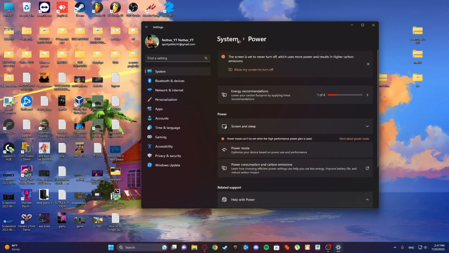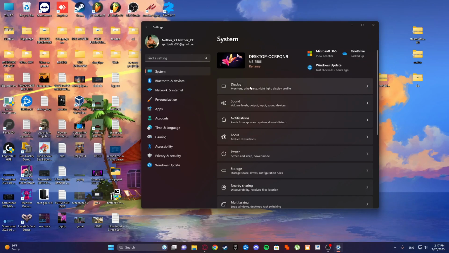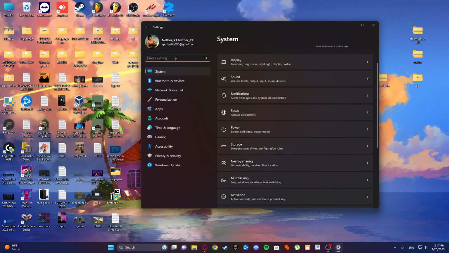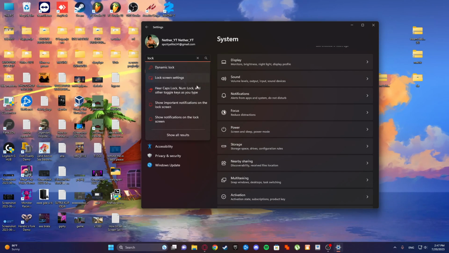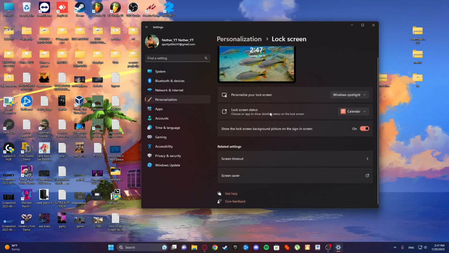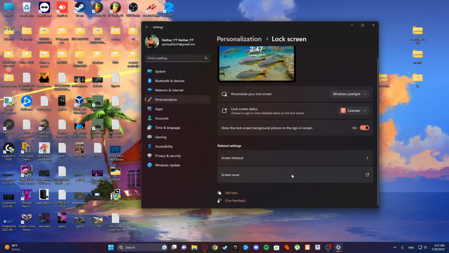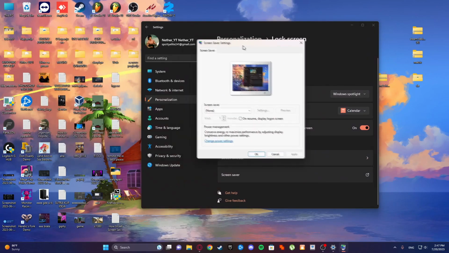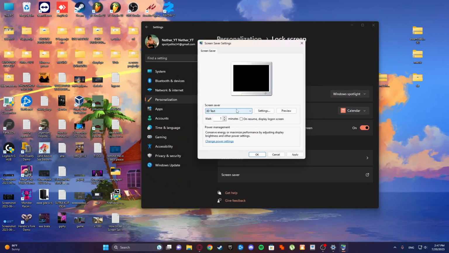first you can see this power. This screen is set to never turn off. Yeah, but if your screen is not set to never time out, then you will be going to screensaver, and here you will have 3D text,